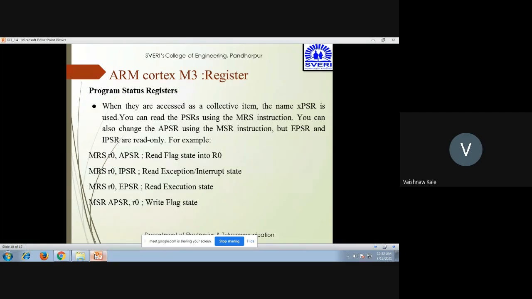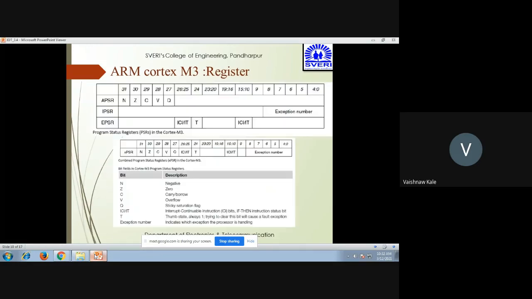One is APSR, second is IPSR, and EPSR. APSR can be read as well as written, whereas IPSR and EPSR are read only. So you cannot write into these registers, but you can read and write in the application program status register. In this way, the program status register can be understood.